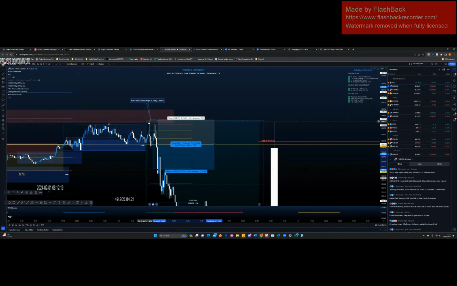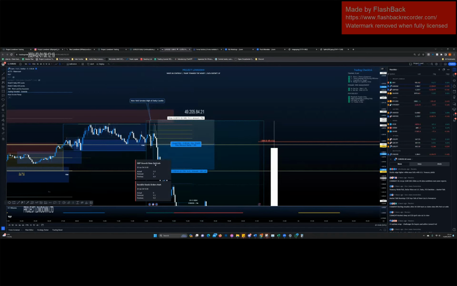You wait for the dust to settle because you also have another news announcement straight after this one, which is also restricted at 1:30. Once this has happened and shown its hand, you've had that sweep and you've had one close, two close, three close. Now you can just enter like this. It's zero drawdown.